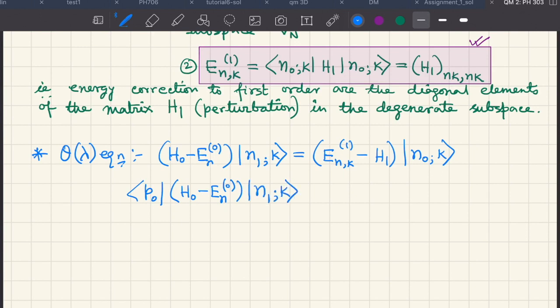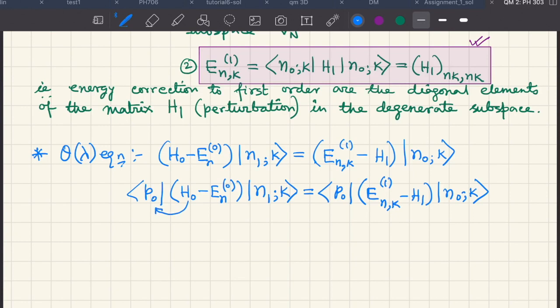We will have (E_n^1,k − H^1) |n^0;k⟩ here, and then ⟨P^0|. So this is what we are going to do, but you already know that this unperturbed Hamiltonian